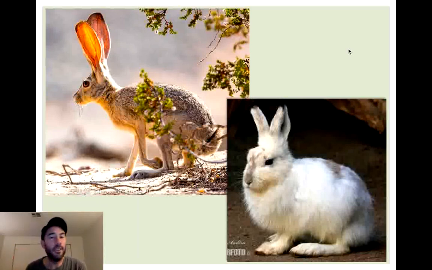You can see here with these cute bunnies, little bunnies. I like to show cute furry mammals in class. On the left, you have a desert hare that has these really long ears, really long legs, relatively short fur, and is just kind of tall and skinny. And then this snow bunny, I don't know what the technical name is, has shorter ears. It's sort of fatter and shorter and compact, and it's got all this fur, and it's just better suited